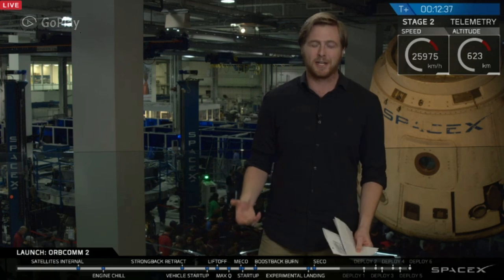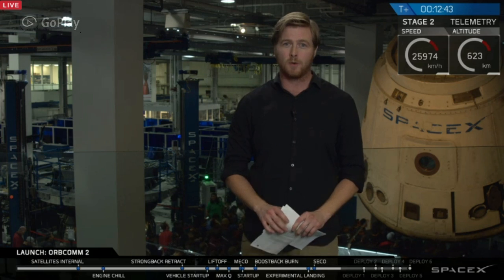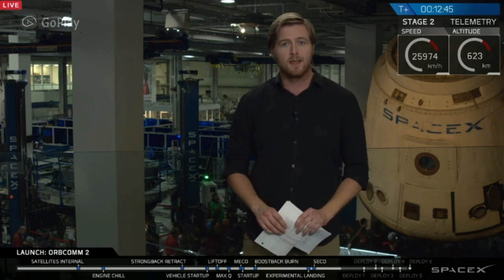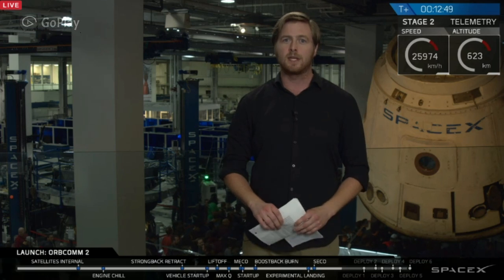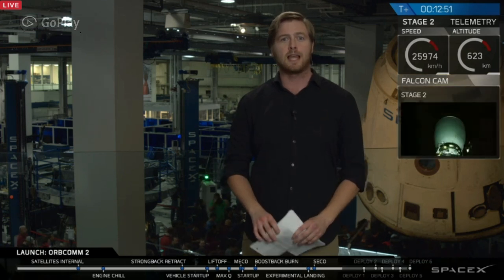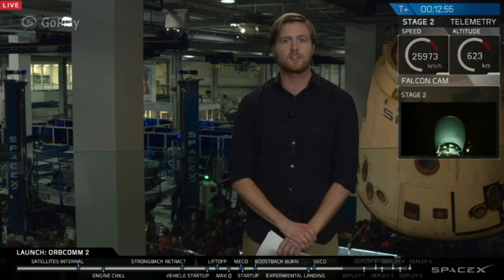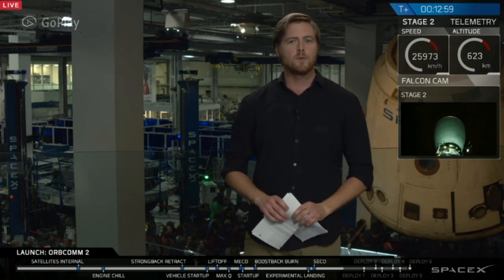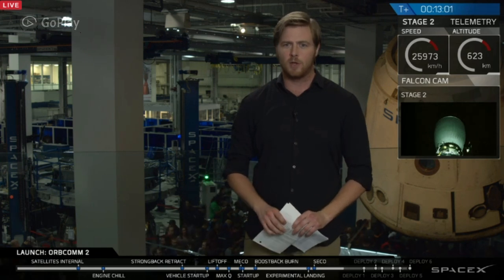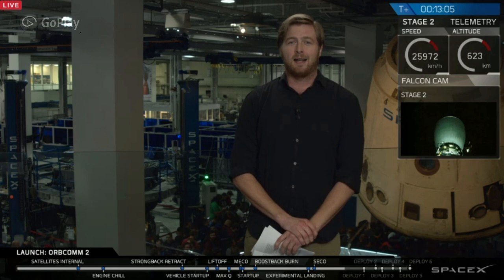This is such an incredibly exciting thing. It's important to remember that our primary mission is, in fact, to get those 11 OrbComm satellites into orbit. There are going to be a series of 6 separation events, and in a moment, you will see the first 2 of the 11 OrbComm Generation 2 satellites separating from the second stage of the Falcon 9 rocket. We have cameras for at least some of those deployments, and those will be coming along shortly